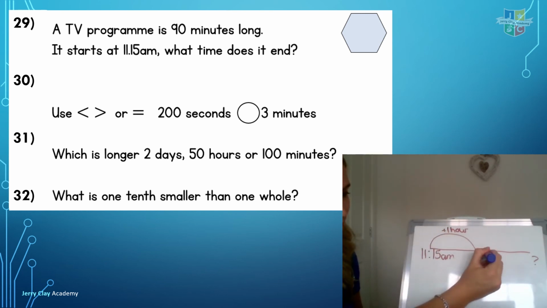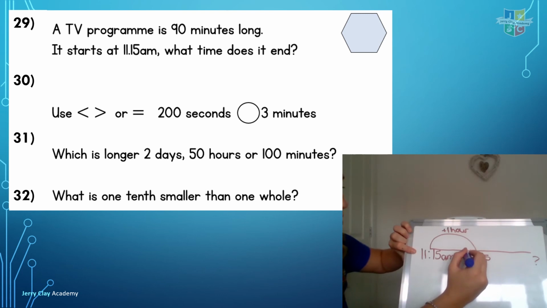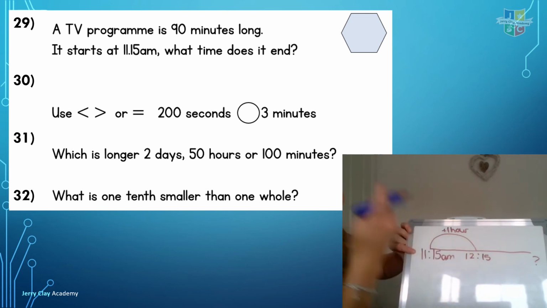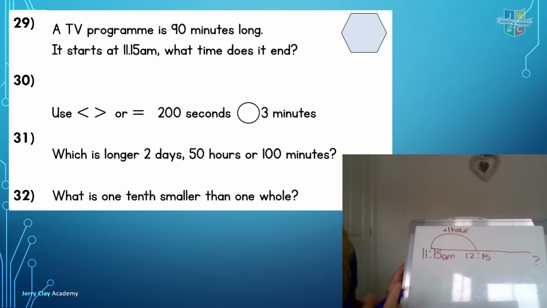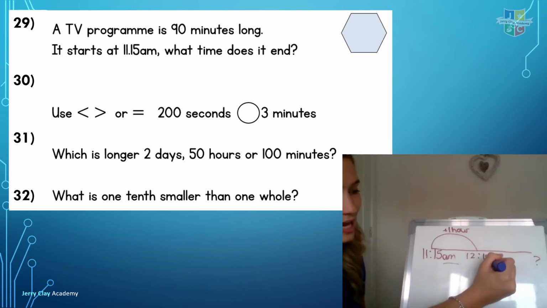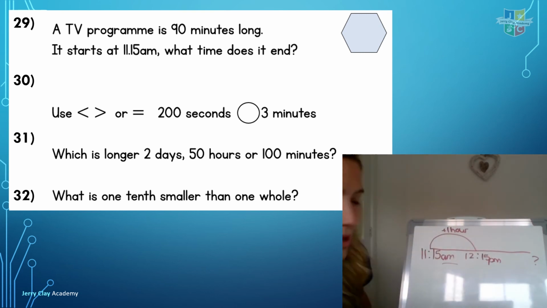So my minutes aren't going to change, but my hour is going to change. Now I'm going to add an hour on, and it would then become 12:15. So now we've gone from AM to PM, because it's hit the 12, so it's going to change to PM. Now if I've used an hour, which is 60 minutes,